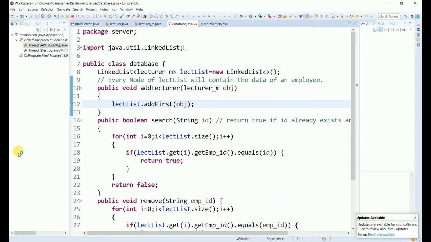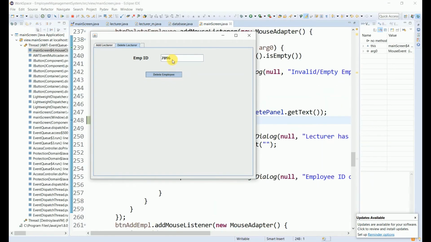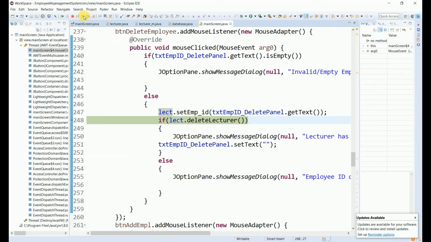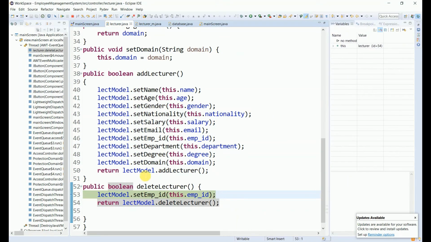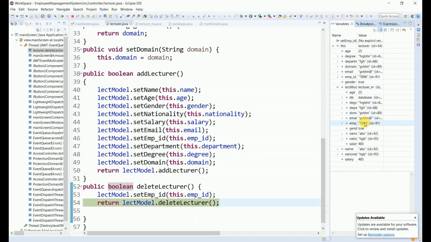So it says go inside the lecturer dot delete lecturer. So I say go inside. It's actually setting up the employee ID right here, like model dot set employee ID to this temporary ID. As soon as I click on next, you can see the left employee ID has been set to 7896, and I say go inside this particular function. As soon as I go inside this particular function, it's actually searching in my database, so in a linked list. So I go inside,